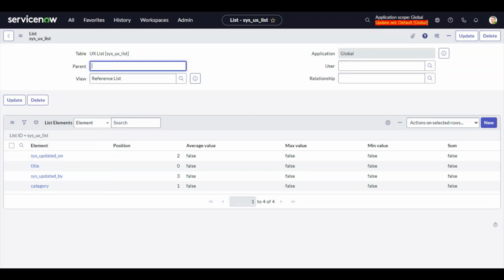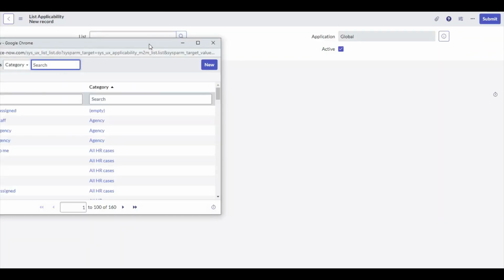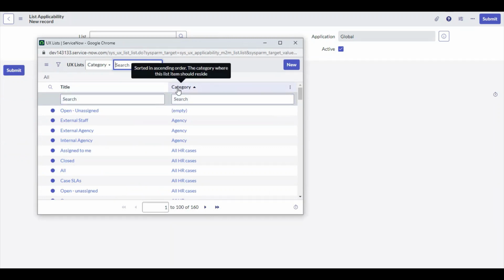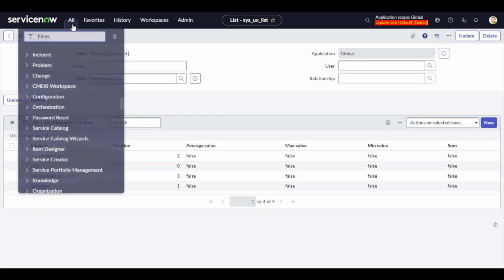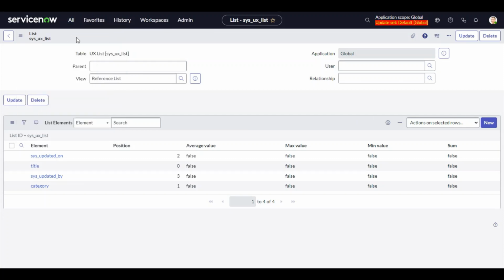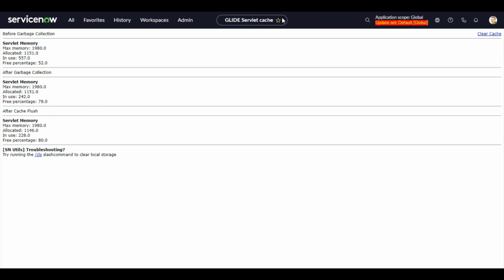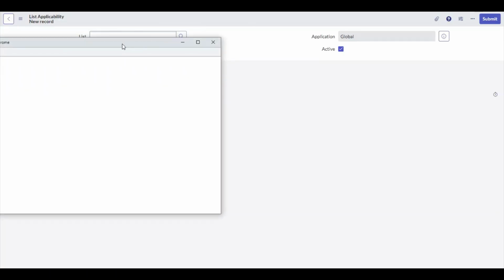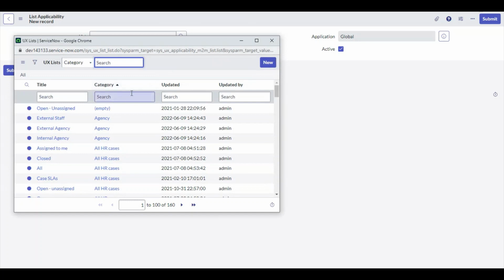So now we go back here, and I click here, and I say, what the heck? It still didn't appear here. This is where you've got to do the old Control-Alt-Delete, the ServiceNow Control-Alt-Delete, which is cache.do. We blow away the cache, and then we come into here. Takes a second to load, and boom, now we have our four columns all set up. So anytime you need to modify these columns, if you want to add additional ones or change the order or whatever, don't forget to give it the Control-Alt-Delete, cache.do, in between. So that is